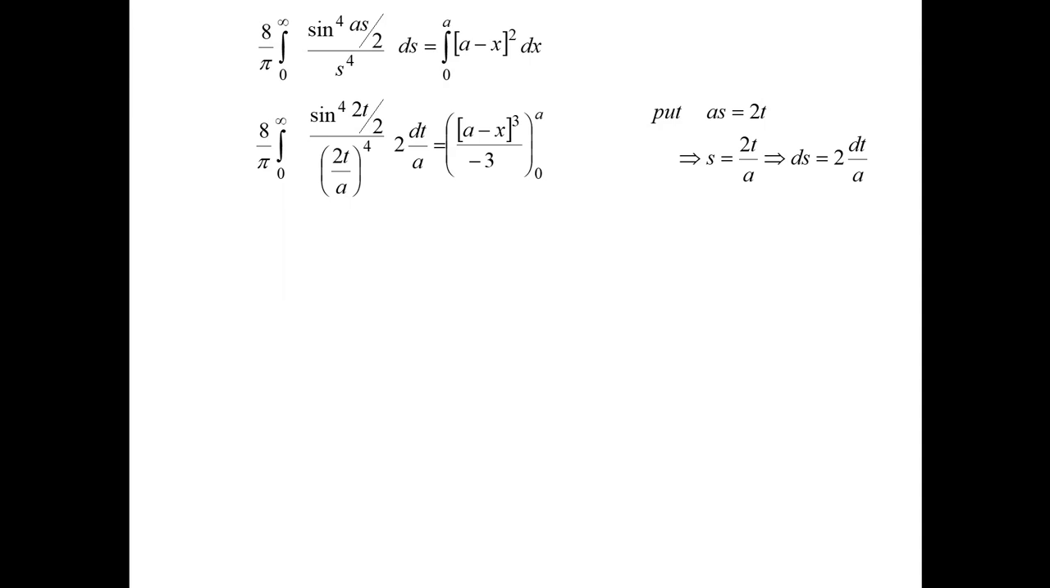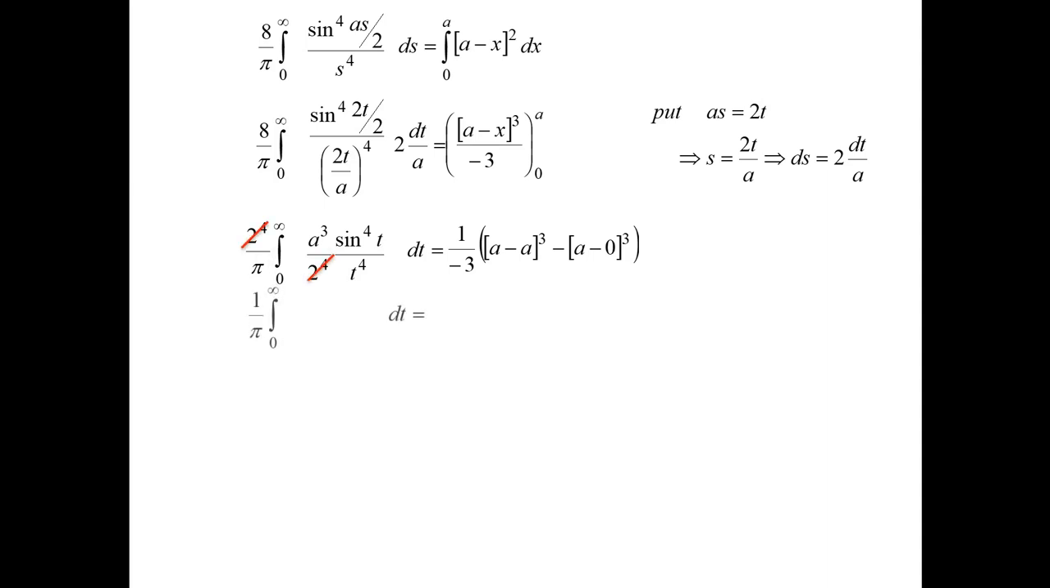Here we want to simplify the left hand side term. In that term 8 divided by pi, that 8 and 2 we combinedly write as 2 power 4 divided by pi integral over 0 to infinity, and then that a power 4 comes to the numerator part, divided by dt by a, so that a gets cancelled, so it is a power 3 only divided by 2 power 4 into sine power 4 t by t power 4 into dt, equal to minus 1 by 3 taken outside, and then applying the limits to x, we get a minus x the whole power 3 minus the lower limit, substituting 0 for x, we get a minus 0 the whole power 3, and here the 2 power 4 gets cancelled, so that we get 1 by pi